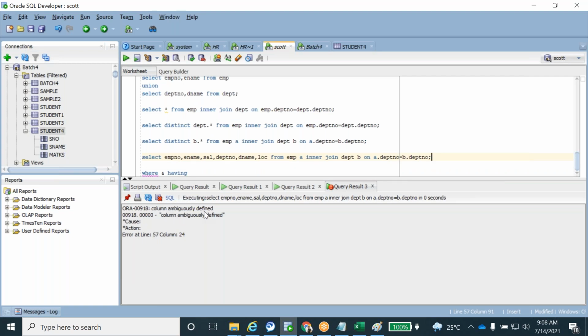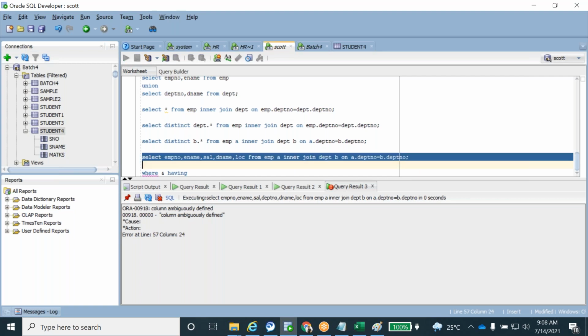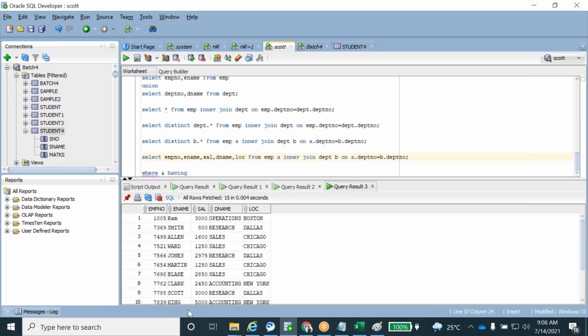column ambiguously defined. If I remove this DEPT number column from here and execute, it gets the result. But DEPT number column is available in both the EMP table and the DEPT table, right? From two tables, the column is available. So at that time the server gets confused. Which table should I pick from, EMP table or DEPT table?